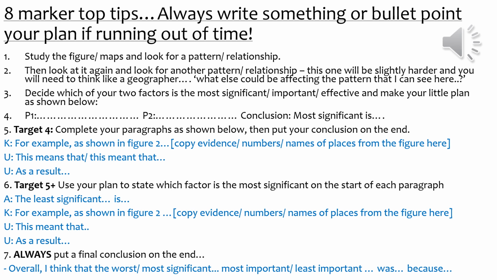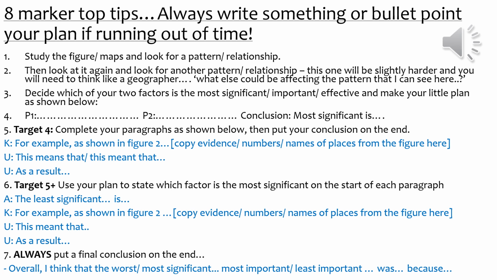You've got to look at the figures. You've got to pick out facts, numbers, names of places, percentages of what you can see. Now, we know that the map's going to be somewhere to do with the UK, or the graph. It's going to be UK data. That's all they're allowed to write about in this exam. It might have names of places in the UK that you've never heard of, and that's okay. The key thing that they're looking for is, can you see a pattern in something like the numbers or the